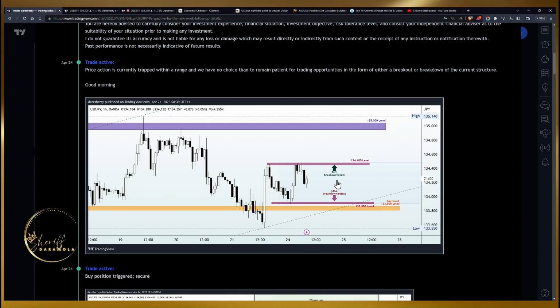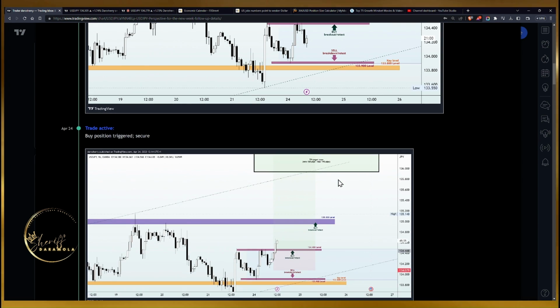So this was what we were able to spot at the beginning of the week, where we had a simple setup just right around the 134.480 and the 133.900, just a little bit right above the neckline area of that reversal pattern we identified prior to the beginning of last week. So we had this whole situation running